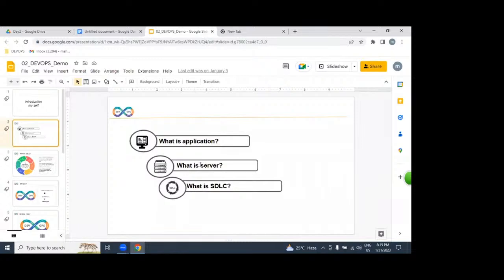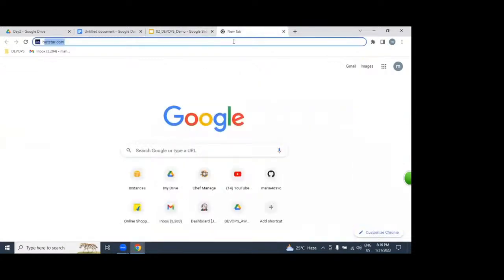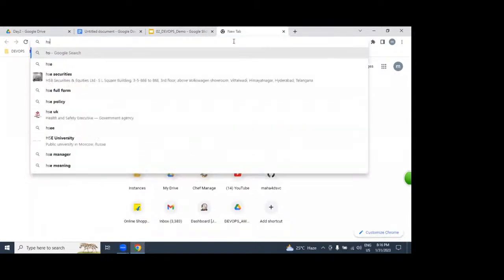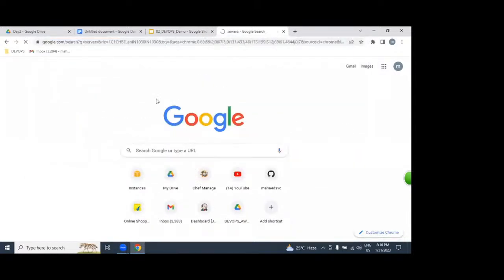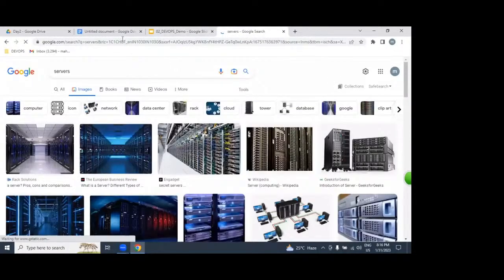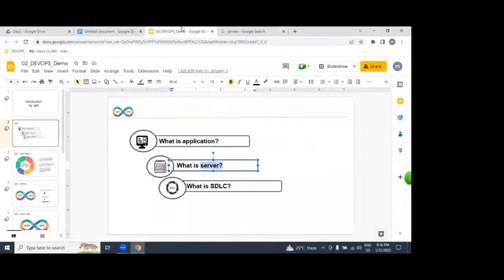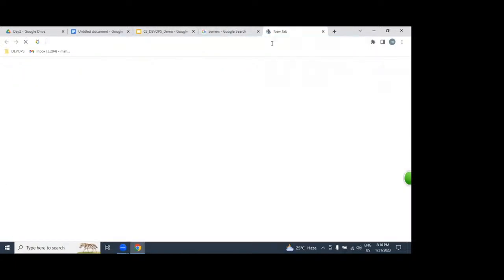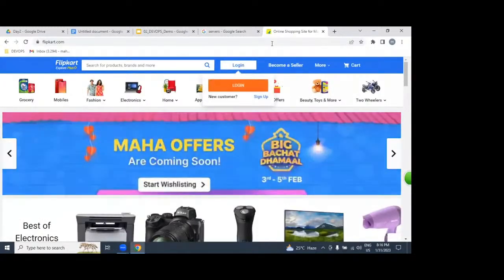We call that an application. That application we are going to place on hundreds of servers. After successfully placing it on hundreds of servers, we can access it on the internet as a website. After successfully developing software using Java or .NET, we place the software on hundreds of servers. Then there itself we access it as a website, for example Flipkart, Redbus, whatever it may be.